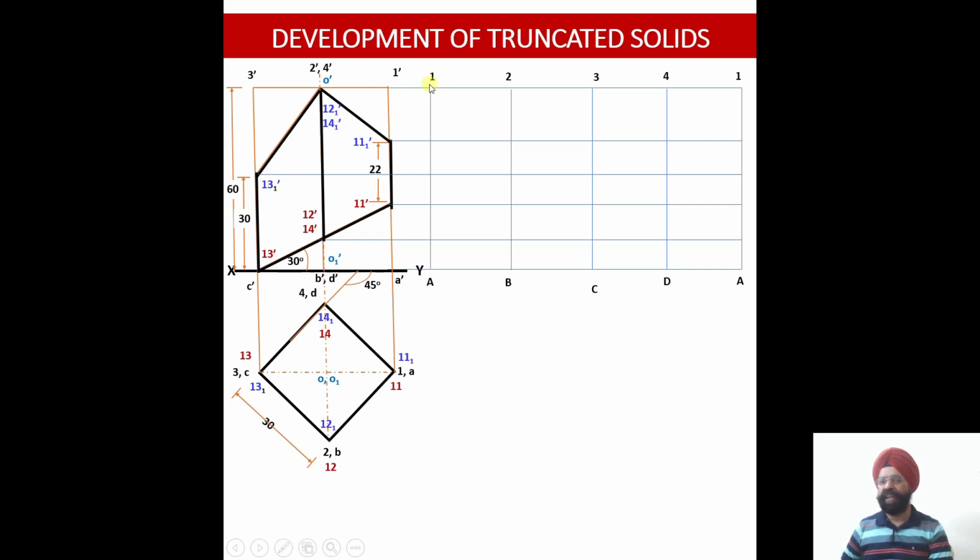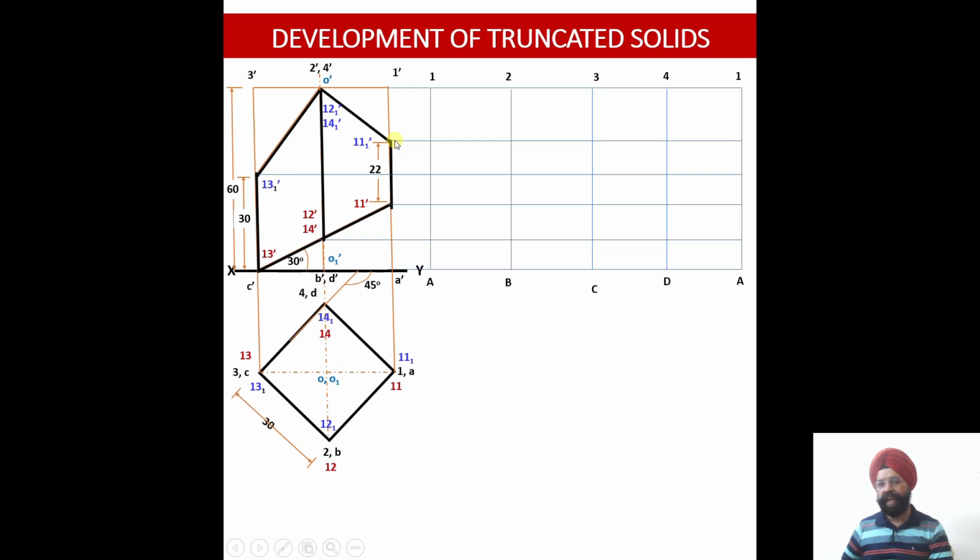Now since I am starting from 1A, which point of intersection corresponding to the upper cutting plane is going to cut this vertical edge? 11 1 dash. So 11 1 dash happens to be the point of intersection of the cutting plane with the vertical edge or the vertical generator, which happens to be 1 dash A dash. So here I have the development for that edge 1A. This is my point 11 1 dash.